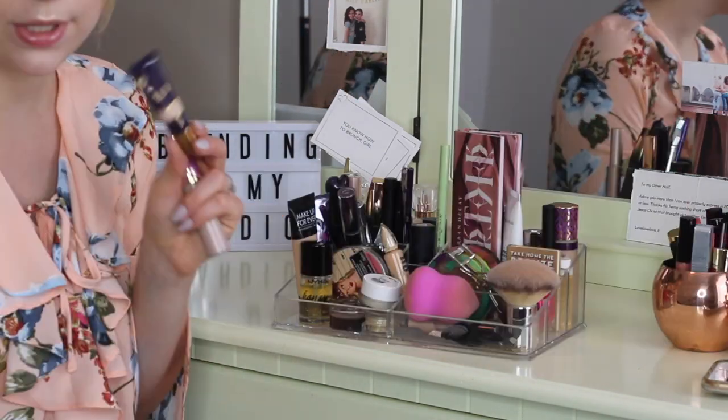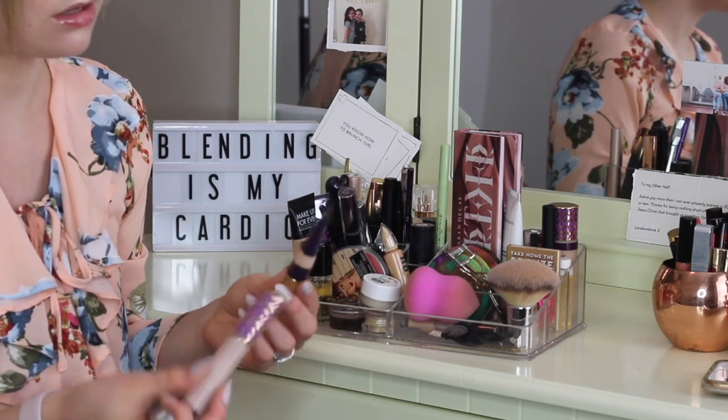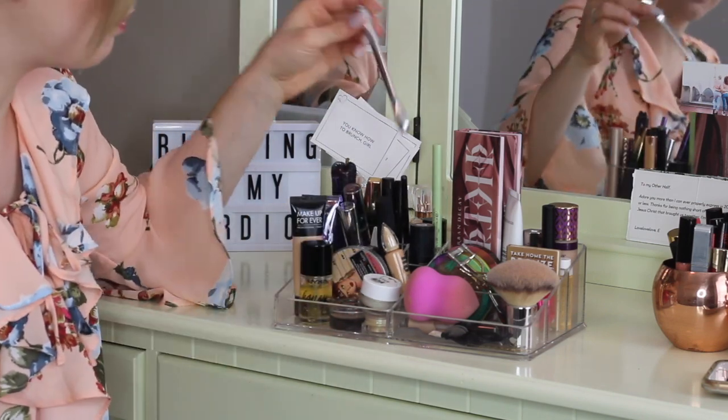It will fit in. And creaseless concealer, and then concealer, goof proof. So I'm going to go over every